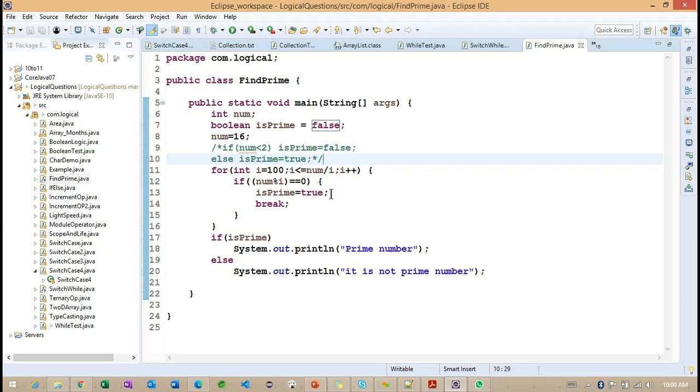If particular I, number modulo of I. Okay. So this example is not suitable. Let me check with a simple example. That is better, since this one has a little bit of complexity to work on. So 1 to 10. Okay, from 1 to 10 we can go for it.